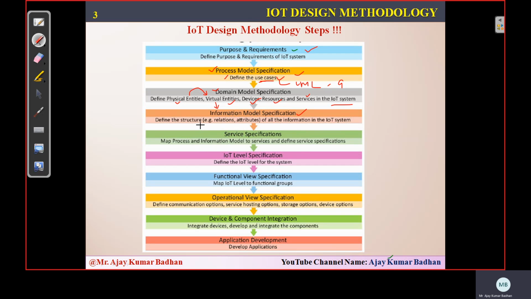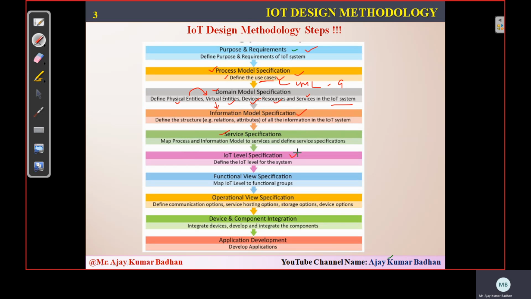And then we have services. Once the domain model and information model have been defined, they are definitely going to provide some services. Devices might provide some kind of services, and the controllers might provide some kind of services. All the services, whatever are there, we are going to map to our framework. In the first unit, we discussed the IoT communication model, where we saw different parameters like communication, management, database management. How these are going to provide services, we will see in this particular step.